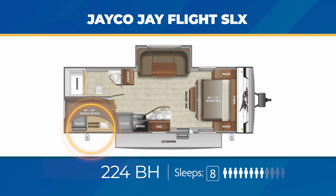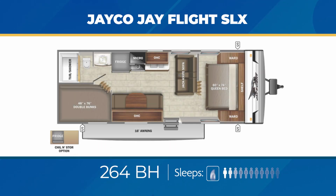Cook meals on the outside kitchen too. The 264BH takes its longer frame and adds a comfy jackknife sofa. With it and the stacked double bunks, convertible dinette, and queen bed, you have room for up to 8 snoozers